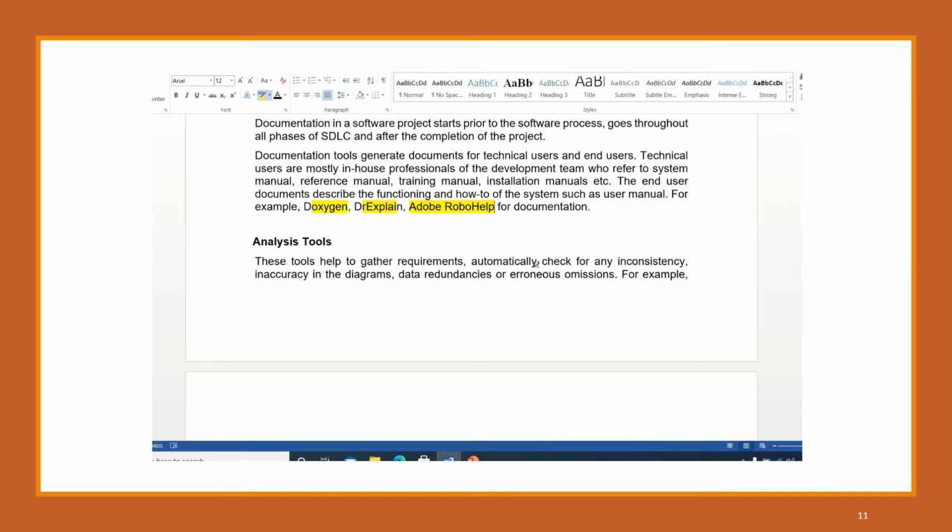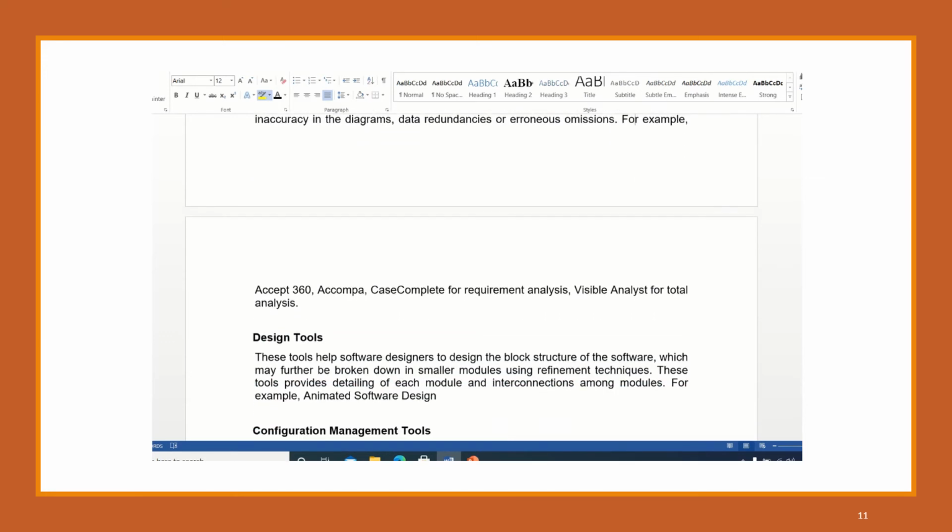Also, these will automatically check for any inconsistency or inaccuracy in the diagrams. The examples include Accept 360, Accompa, and Case Complete for requirement analysis, and Visible Analyst for total analysis. This tool is utilized for having the total analysis.